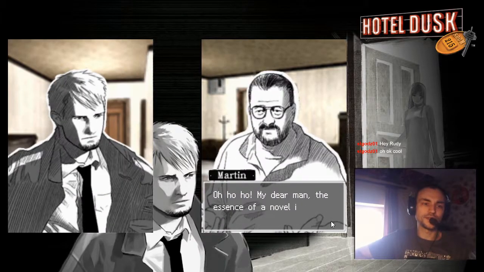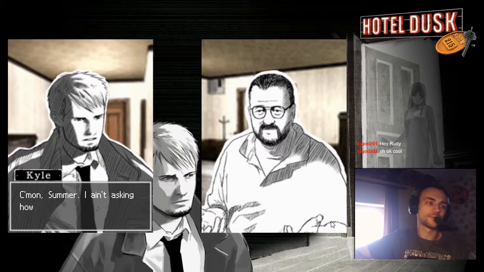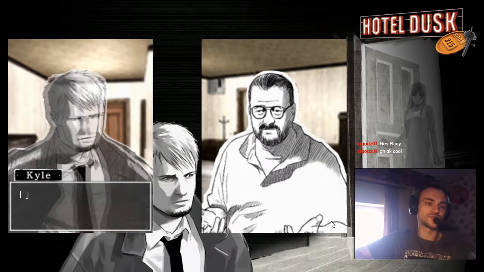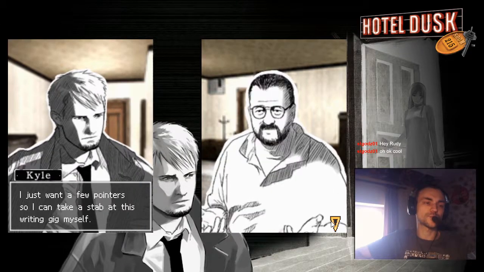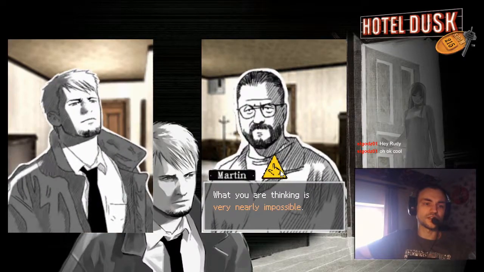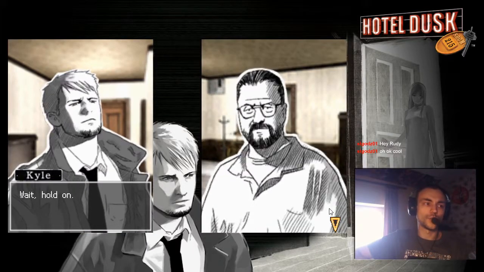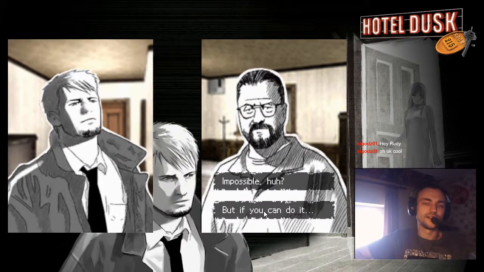Oh ho ho, my dear man, the essence of a novel is not something so easily distilled. Come on, Summer, I ain't asking how to turn lead into gold. I just want a few pointers so I can take a stab at this writing gig myself. Mr. Hyde, what you are thinking is very nearly impossible. Wait, hold on. Impossible, huh? But if you can do it...